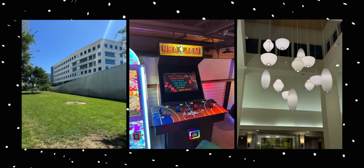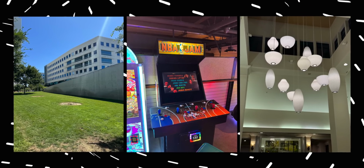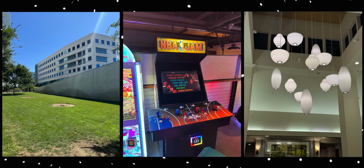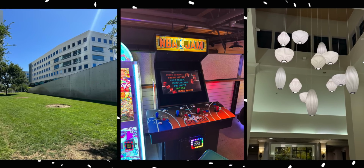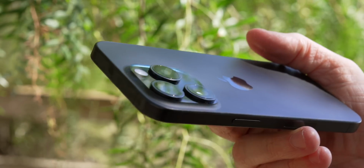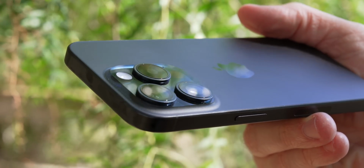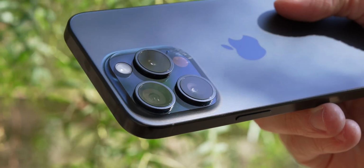And the stock photos I'm getting on my iPhone 15 Pros are just night and day better than the 14 Pro. I found the processing to not work super well. I found things to either be over or underexposed for no explicable reason, and this year it feels like they nailed it. While the 48 megapixel sensor is over a year old, it feels perfectly tuned for these phones this year, and it seems like Apple took that criticism to heart that the processing wasn't great and they fixed it,